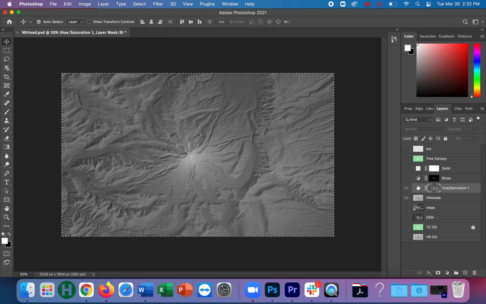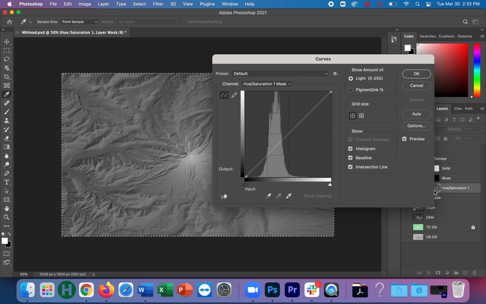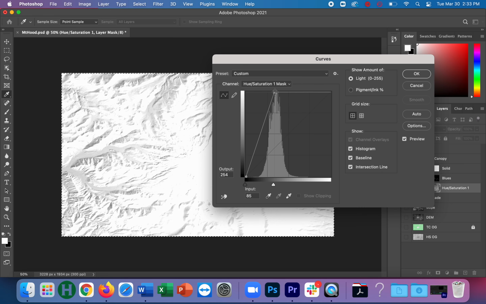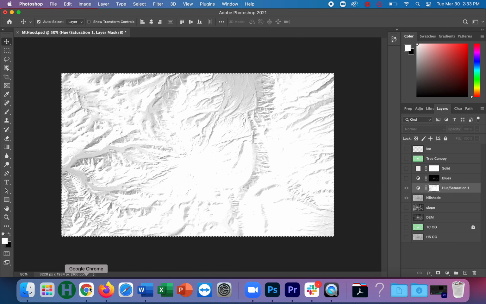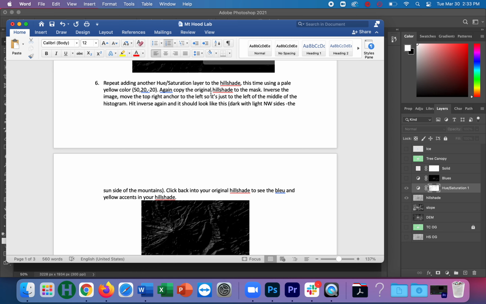So again, while I'm selected on this inverted terrain mask in the yellow layer, I'm going to hit Command M to bring up my layers, and I'm going to take this top right anchor, right, and move that back into here. Alright. Hit OK. And now that I've adjusted that inversion,